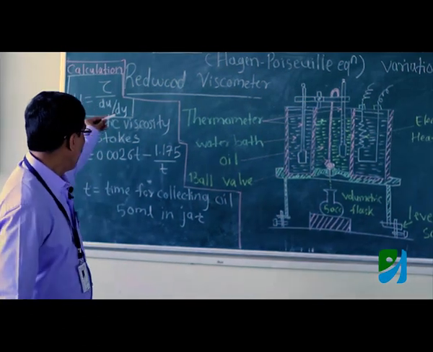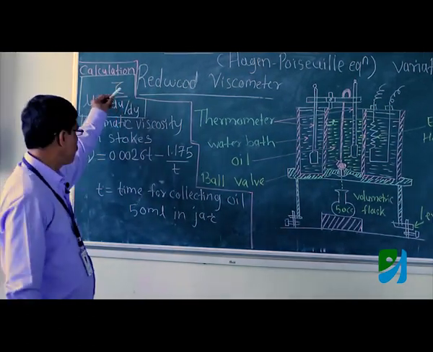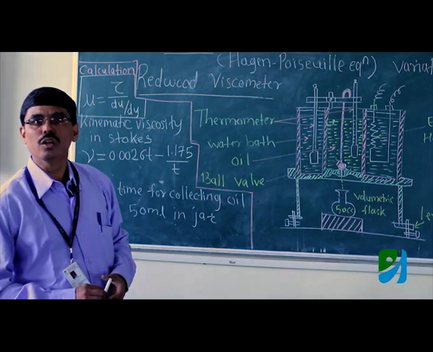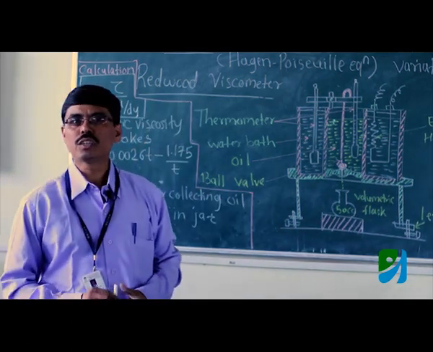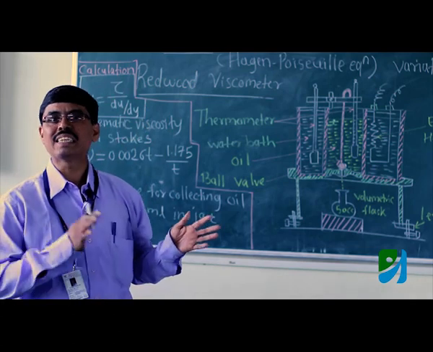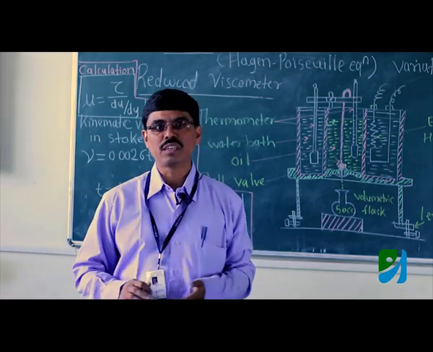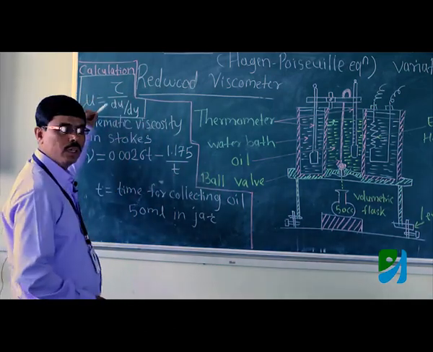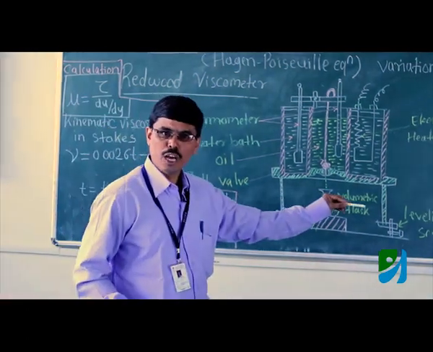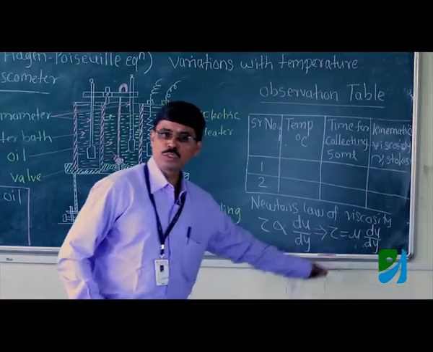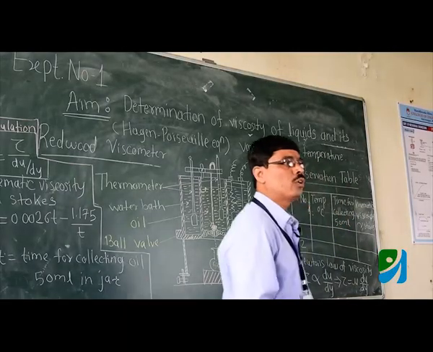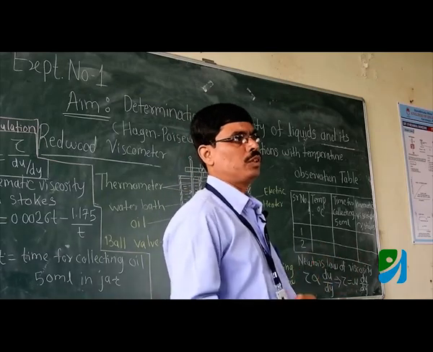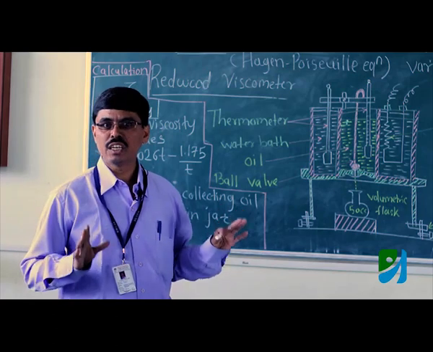After carrying out the different calculations of viscosity with respect to the shear stress, that is the force, velocity and distance, you find that the SI unit of viscosity is Newton second per meter square, or Pascal second, or kg per meter second. This viscosity mu is also called the coefficient of dynamic viscosity, or simply dynamic viscosity, absolute viscosity or just viscosity. Its SI unit is Pascal second, which you must remember.